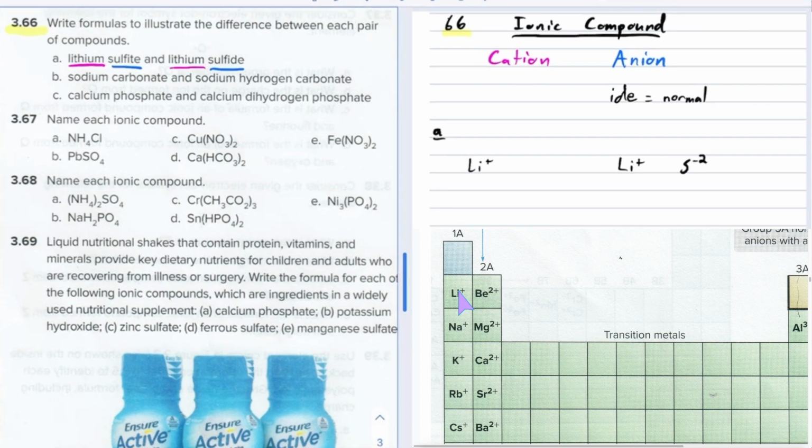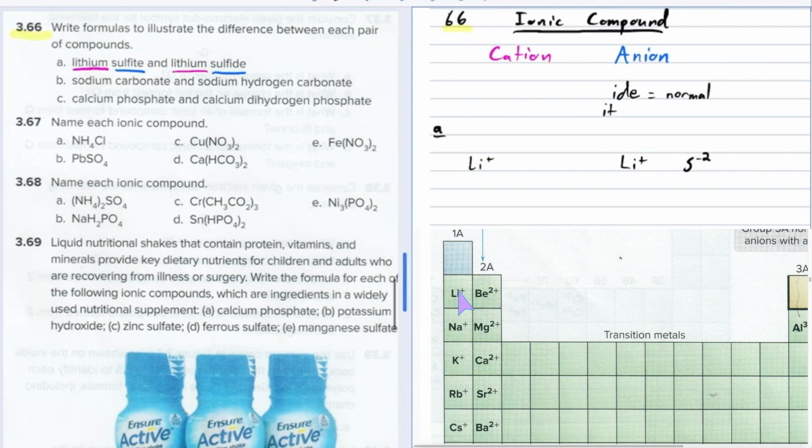The only formula for the ion that we need to figure out is what's sulfite. Now, whenever you see "ite" or "ate," that's telling you it's a polyatomic ion. So I'm going to write that down: "ite" or "ate." If you see an anion ending in that, you should be thinking it's not normal, and it's a polyatomic